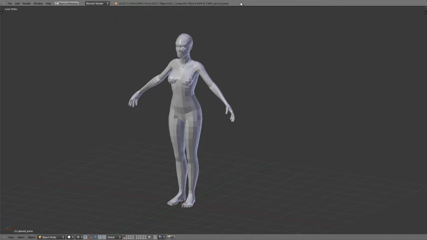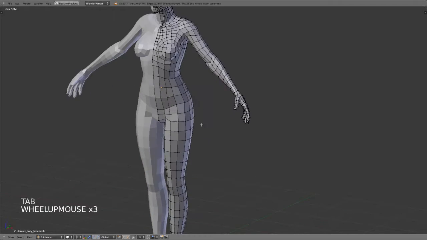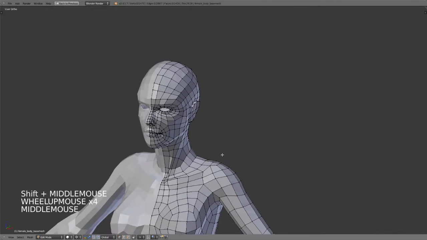Having just looked at the difference between object mode and edit mode, let's now take a look at some mesh selection tools that we have within edit mode for working with our meshes. So I have here a female body base mesh as an example. What I want to do is first select it to make sure that it's the active selection. I can then press Tab to go into edit mode, and then I'll just zoom in here to work on